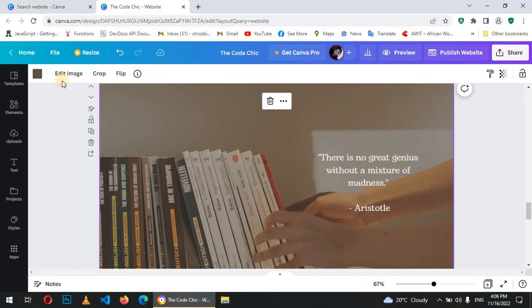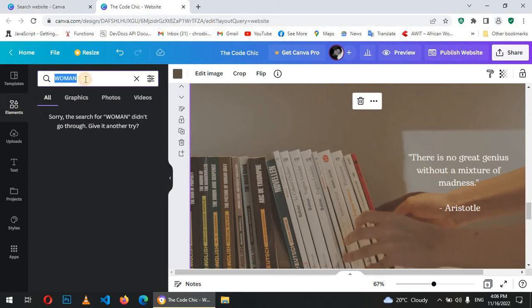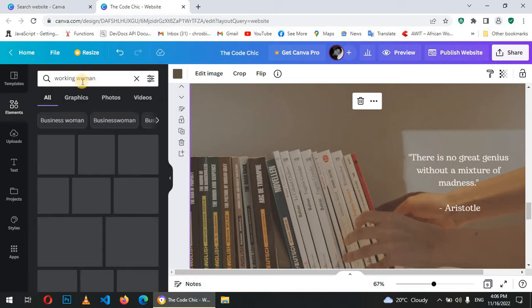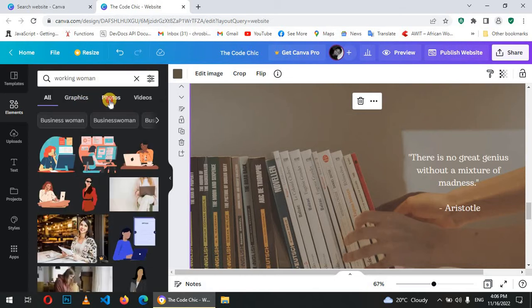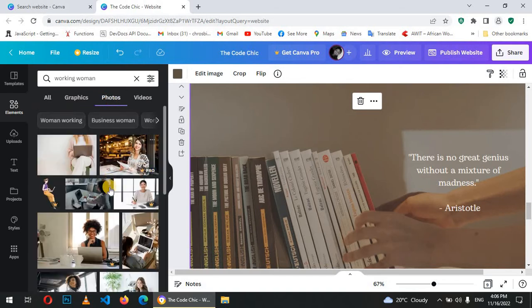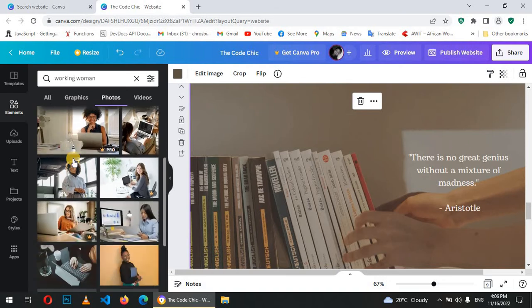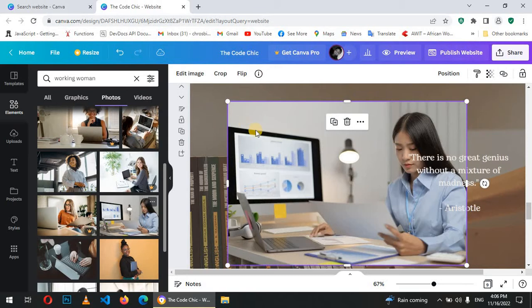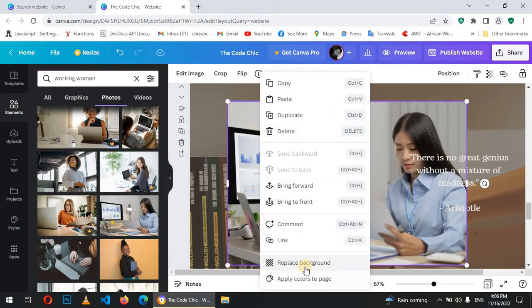So let's change this image. We're just gonna go to elements and then search for working woman. It's integrated with some free photos. So you go to the photo section, and then you'll be able to see here images of a working woman. The ones with this icon are pro, so we want a free image. So let's just do this and drag it there, right click and replace